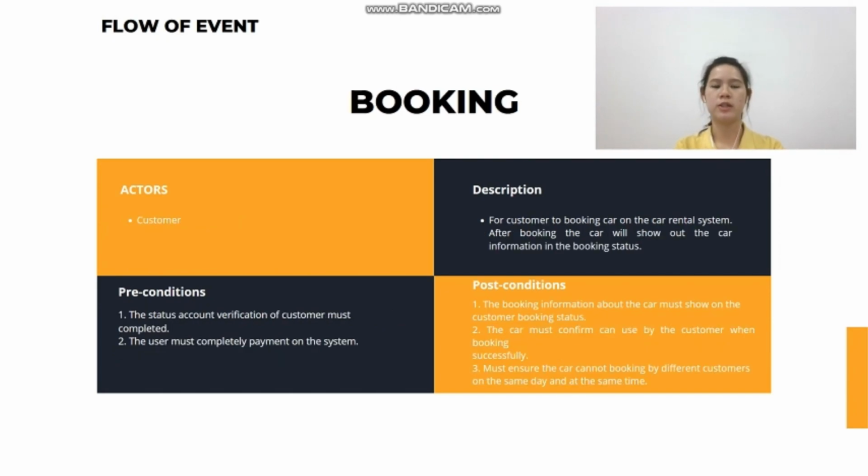For the booking, the actor is just the customer, and the description is the customer can book a car in the system, and after booking the system will show the car information in the booking status. The preconditions are the account verification status of the customer must be complete, and the user must have completed payment on the system. The post condition is the booking information about the car must show on the customer's booking status, and the car must be confirmed for use by the customer when booking is successful, and we have to ensure that the car cannot be booked by different customers on the same day